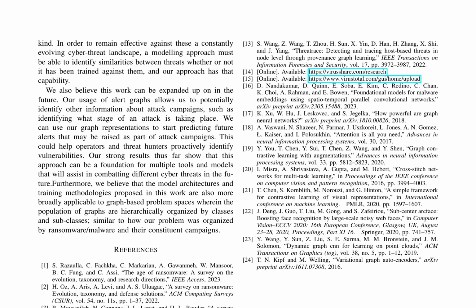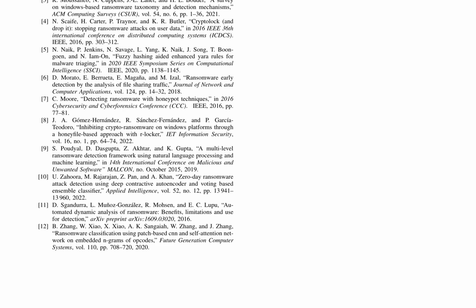The methodology is based on the concept of alert graphs, which represent the relationships between alerts and their corresponding threat indicators. By analyzing these graphs, the model can identify patterns and similarities between threats, enabling the prediction of future alerts and the identification of potential attack campaigns. The approach's strength lies in its ability to generalize to unseen threats, making it a promising foundation for various applications